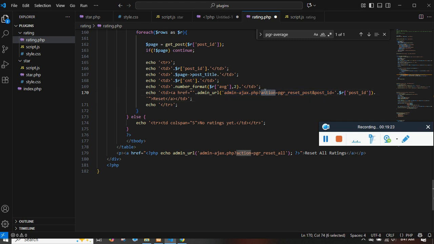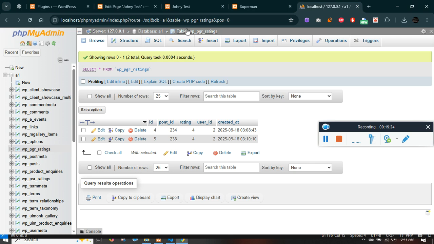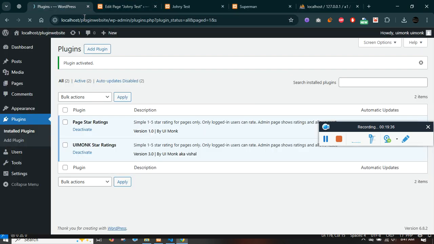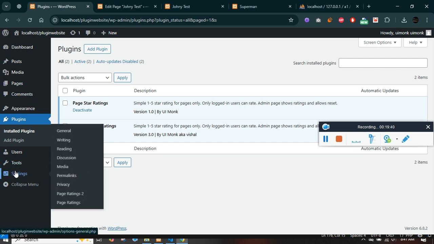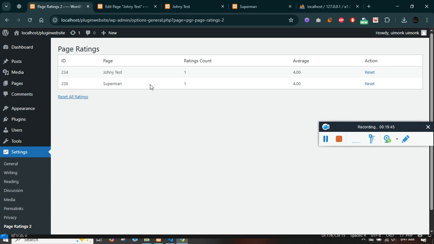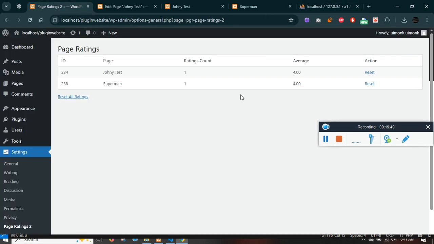You see, we are passing the action. We are also passing the post ID. Similarly, we are passing the action for reset all. So we'll be creating this hook which handles these requests. Let me just show you the view first for the page. After its activation, you see register page rating 2, and these are the two things which are actually available in this particular database. Now if I click on